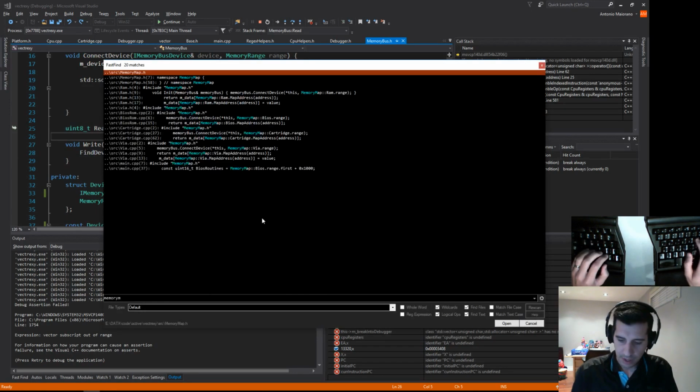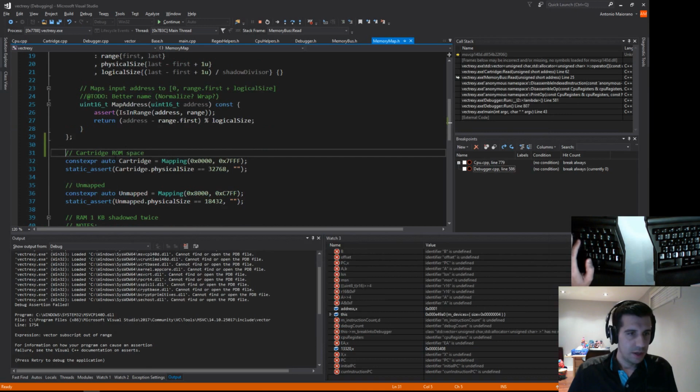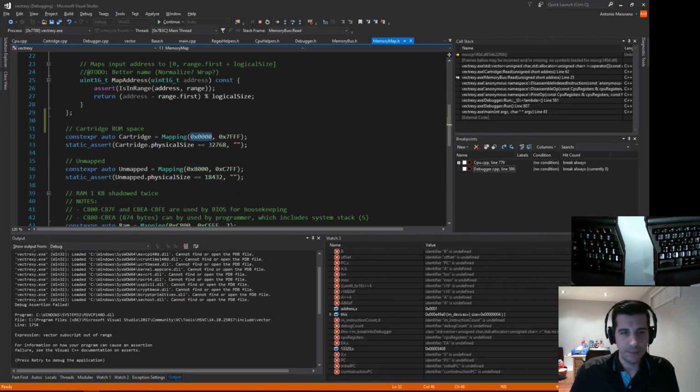Oops, sorry about that. In the memory map here, the cartridge ROM space ranges from 0 to 7FFF, which is basically the first 32K of the address space. And what I was doing is I would load a cartridge, and based on the size of the cartridge, I would just allocate a buffer from 0 to whatever the size of the cart was. So some carts are 4K, so anything from 0 to 4K would be some allocated piece of memory. And if anything accessed that range, I got no errors, nothing,